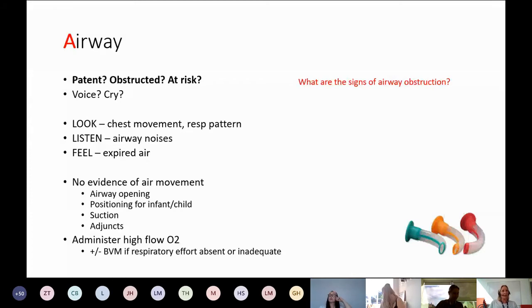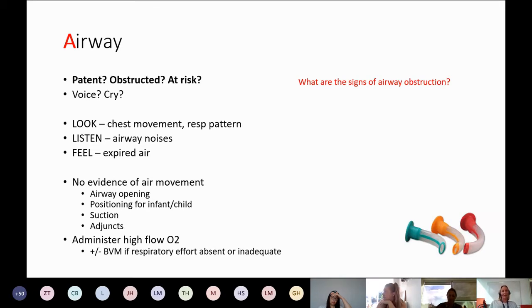We listen. So normally, if a child hasn't got an obstructed airway and they're breathing comfortably, normal breathing is very quiet. Are there additional noises? Is there something else that we should be concerned about? And we feel. Can you feel expired air coming in and out of their mouth? If there isn't any evidence of air movement, obviously, we need to go on to emergency procedures: airway opening, positioning of that infant or child into the appropriate position, suctioning their airway and using adjuncts